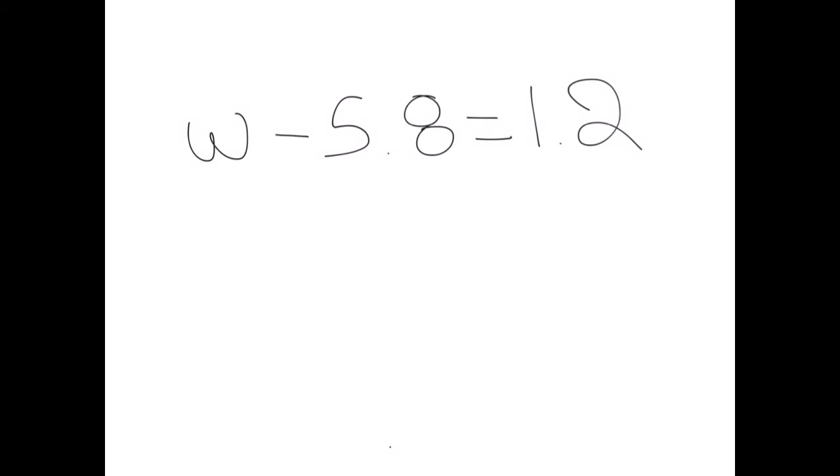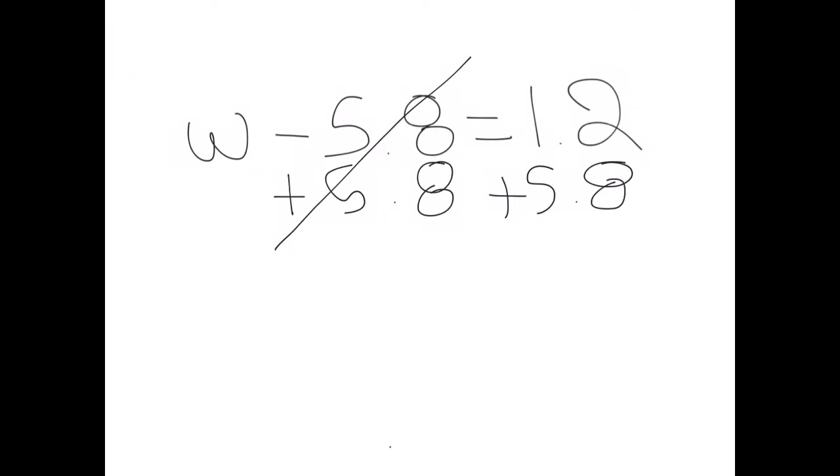Now we're going to solve equations containing decimals. So our equation is subtraction. So to undo it, we have to add. So we add on both sides 5.8. Cross this side out. And so we have to add 1.2 and 5.8, which is